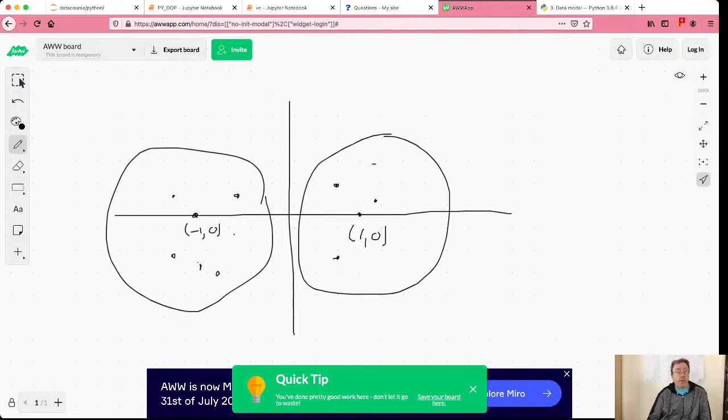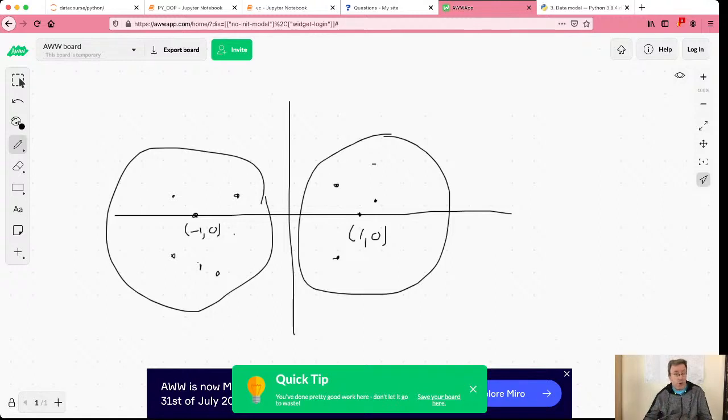So I sum up the values of all the points, and I divide by the number of points, right? I basically can average the x components and the y components, and I get a new center, the center of mass of those points. And then we repeat this process